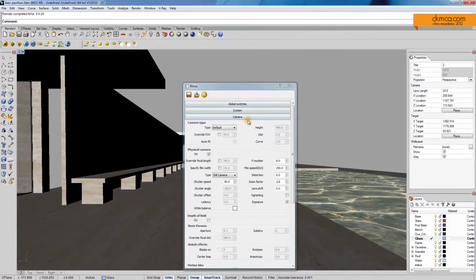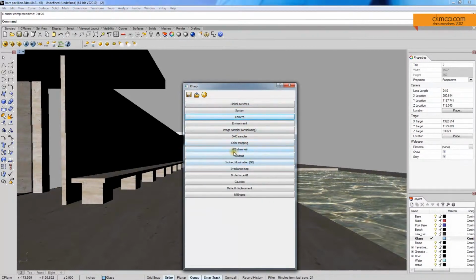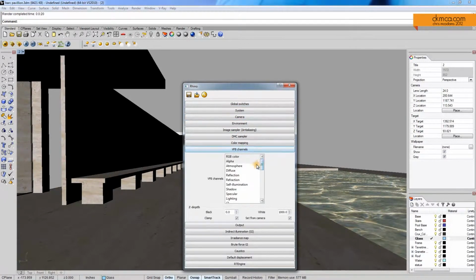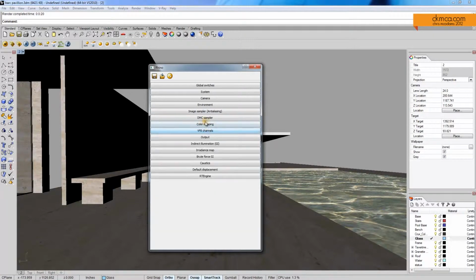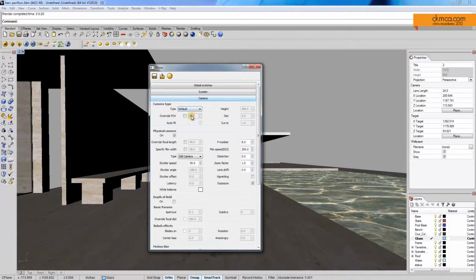So that's where we can come back in here and say that we want to add a VFB channel. And for that we can say, well, maybe we can pick Z depth, which I'll show. How do we add this? I think we just click it, yeah, easily. So we click the ones we want. So there's Z depth and background. And then I'm going to come back up, close this, go to environment, camera, and set the shutter speed back down to 20. So if I render again,